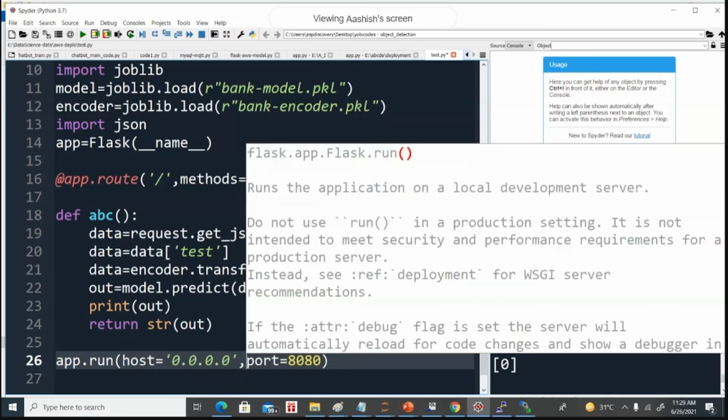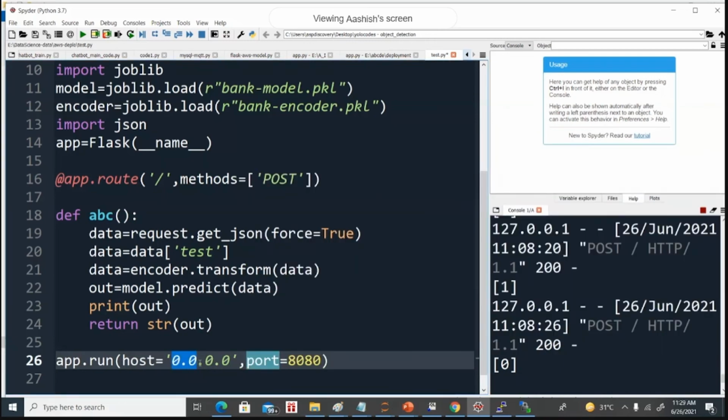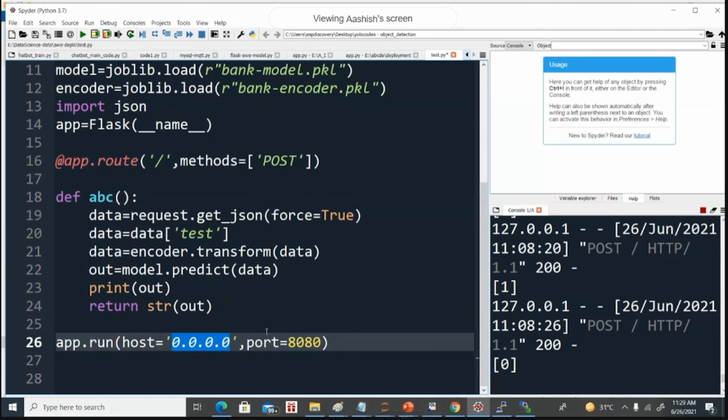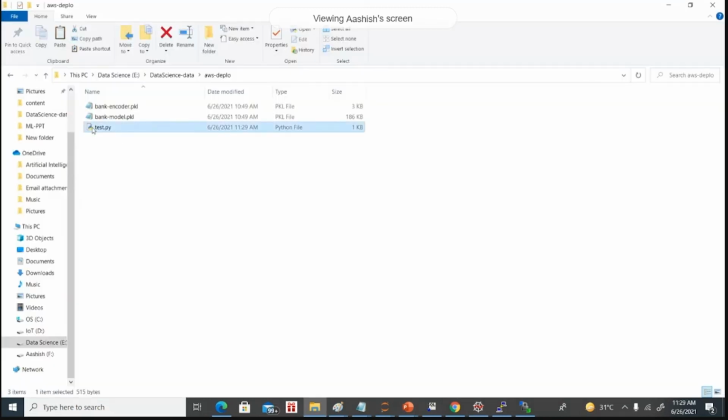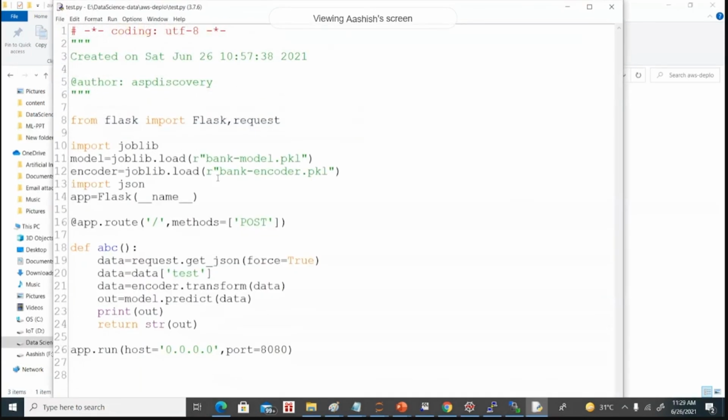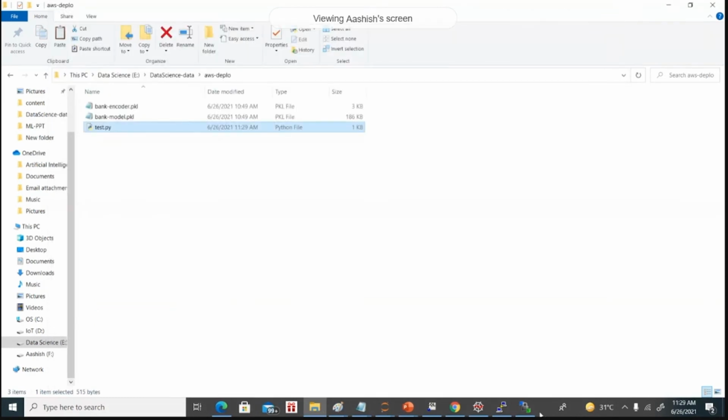Only one more thing here: also specify the host. Define the host as 0.0.0.0 whenever you're deploying anything on the cloud, because it will take their endpoint, and then we can use that endpoint to perform the testing. Only these changes you need to make. For the port, you can take any port like 8080 or 5000, that is fine. The host is very important: put 0.0.0.0 here. Also make sure you remove this address. Now just save it. So it's saved. Let me make sure, you can just right click here and check this part.